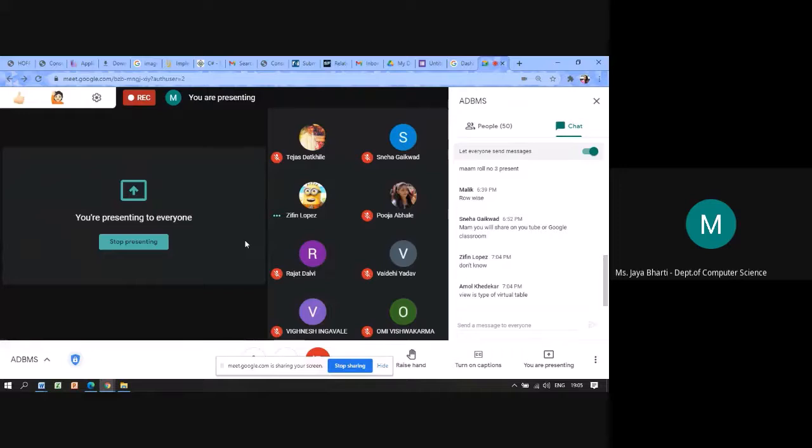Let's say the employee table has 10 attributes, but as per the requirement I want only 5 attributes. So I'll create a view of only those 5 attributes. It is basically a copy, but not the exact one, and it may not contain the entire thing. You can create a view of the entire table if it is needed.